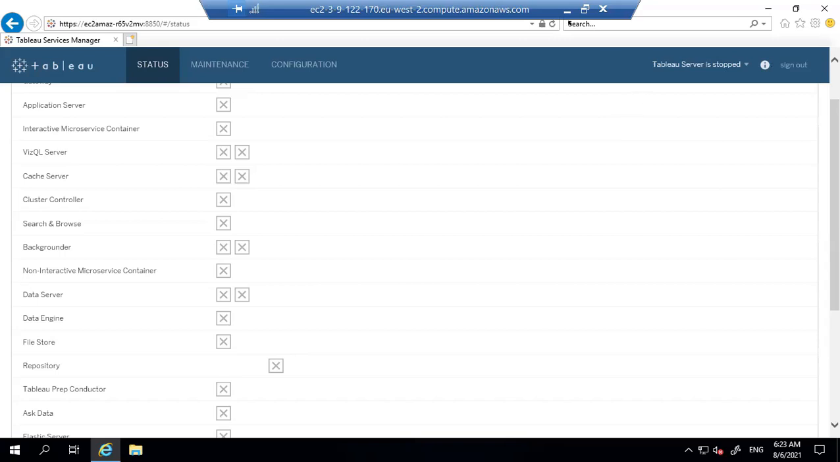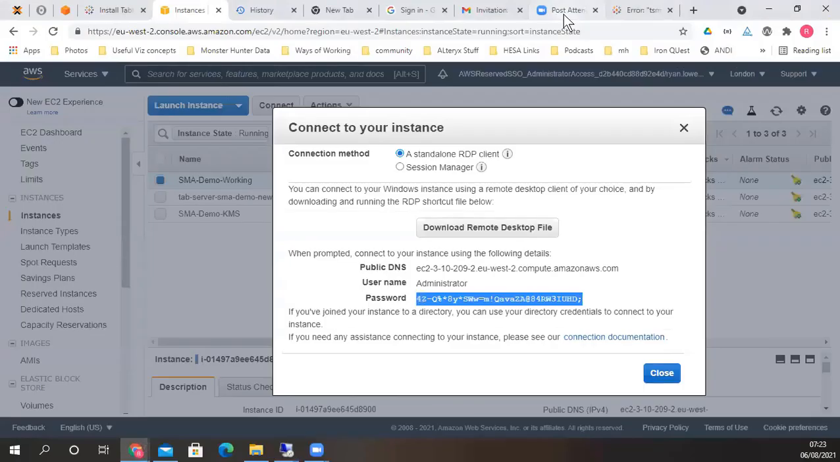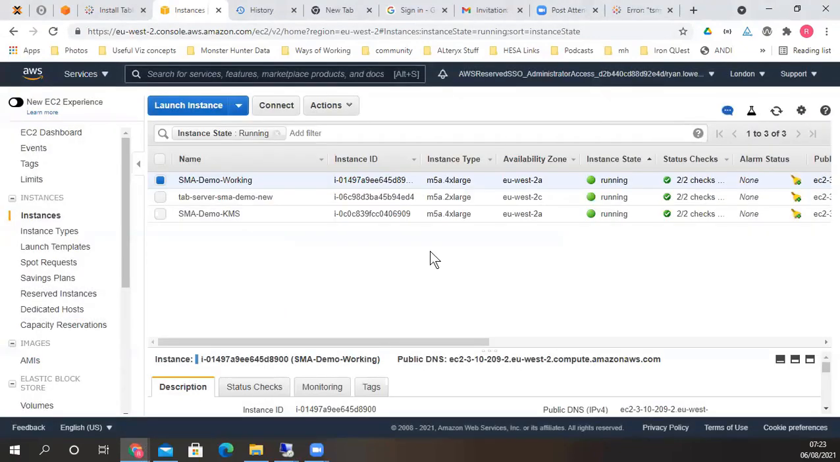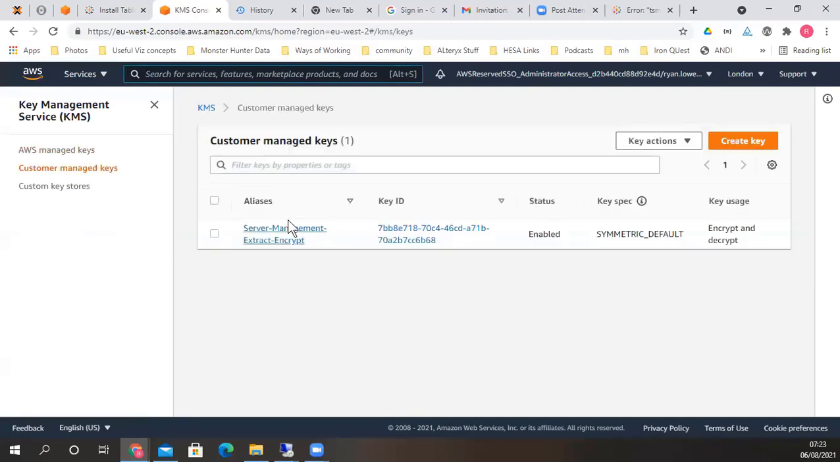Okay, so the next thing that I'll jump onto then, let me minimize this, is I'm going to show the steps that I took to use the key management service to make the extract encryption external. So if I go to key management service, and then in my customer managed keys, this is the key that I created earlier. So similar to what I did with the RDS, I'll show you the process that I went through to create this. If we go to create key,